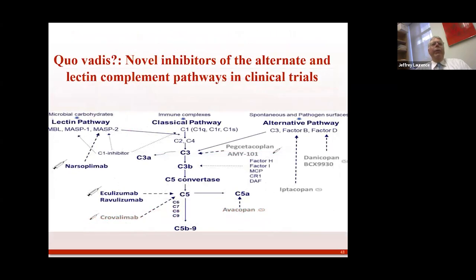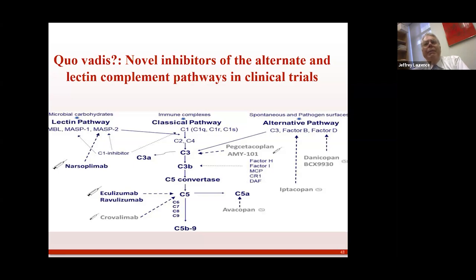And then finally, where are we going to go from here? We've got two expensive drugs that are life-saving. One of the reasons why I love to do these grand rounds, I love to do talks about HUS and TTP, is I tell people that particularly in terms of HUS, where we don't have a gold standard, something I said today, you're going to remember a patient you saw a year ago, or you're going to see a patient tomorrow whose diagnosis you would have missed because you didn't consider the fact that it could be atypical HUS.